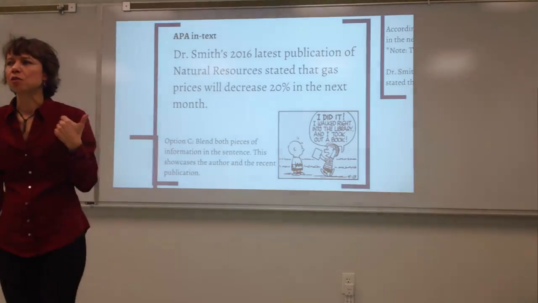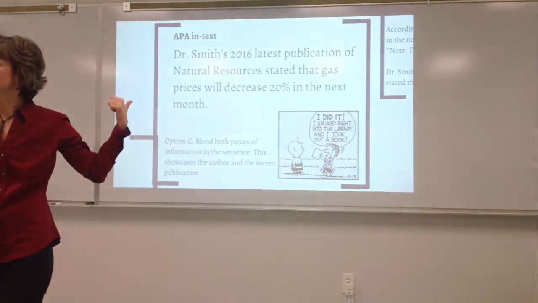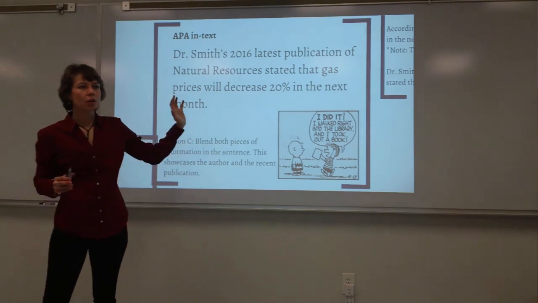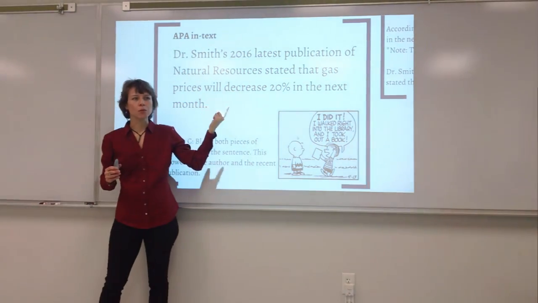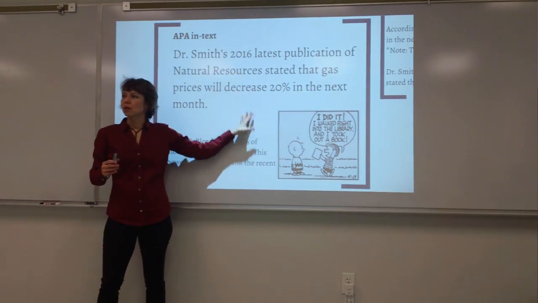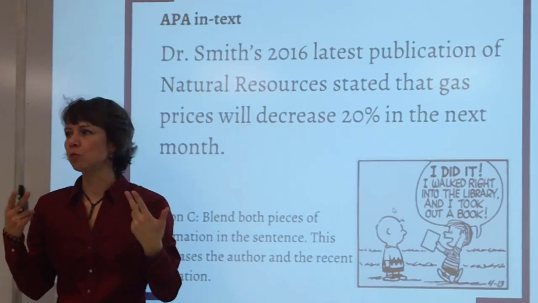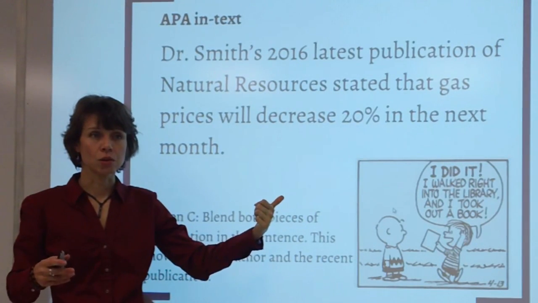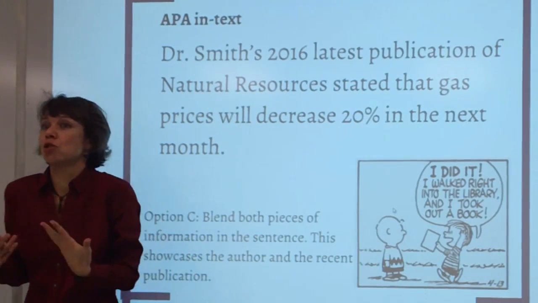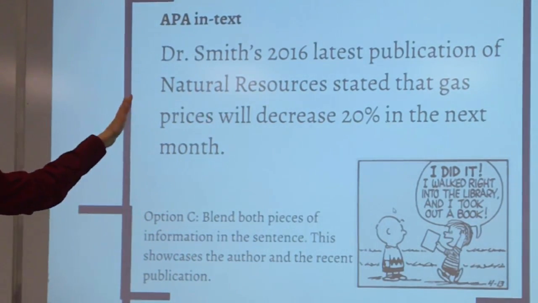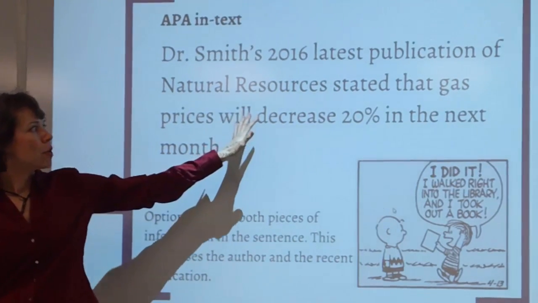The other way to create an in-text citation, and if you notice this does not have any parentheses anywhere, is because we've incorporated both of those things, the author and the year of publication, within the one sentence. And you're serving two purposes. You're doing the name drop, so you're showing the credibility of another person. You're showing off that you're studying under a person that has been doing this a while. And the other thing is,